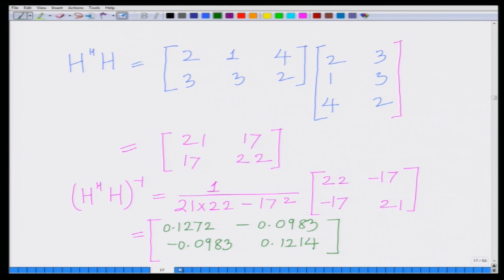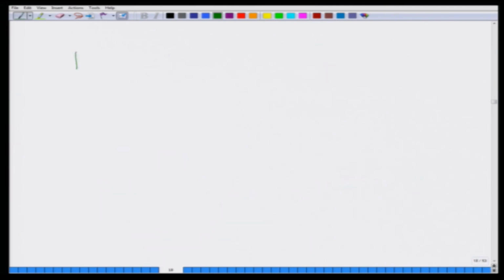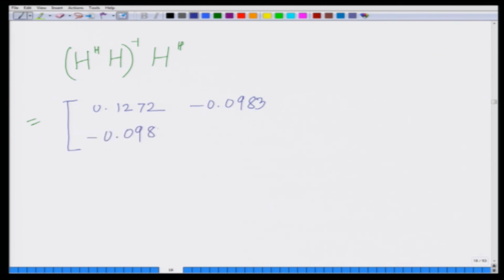And therefore, now all I have to do is multiply this H Hermitian H inverse by H Hermitian, that is equal to this matrix 0.1272, minus 0.0983, minus 0.0983, 0.1214 times H Hermitian, which is 2 1 4, 3 3 2,